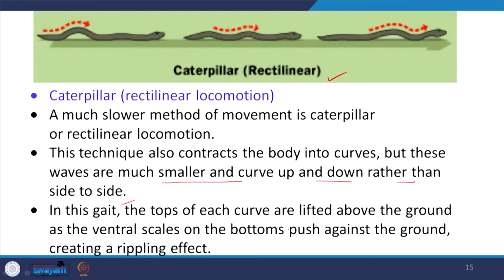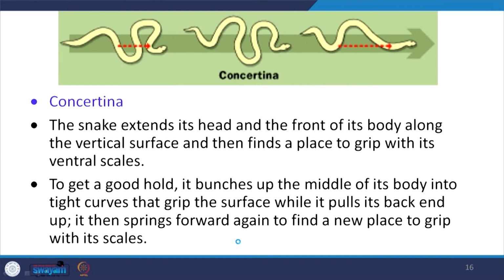And in this gait, the tops of each curve are lifted above the ground as the ventral scales on the bottom push against the ground, creating a ripple effect. The last gait which I am going to talk about is concertina, and in this concertina gait, the snake extends its